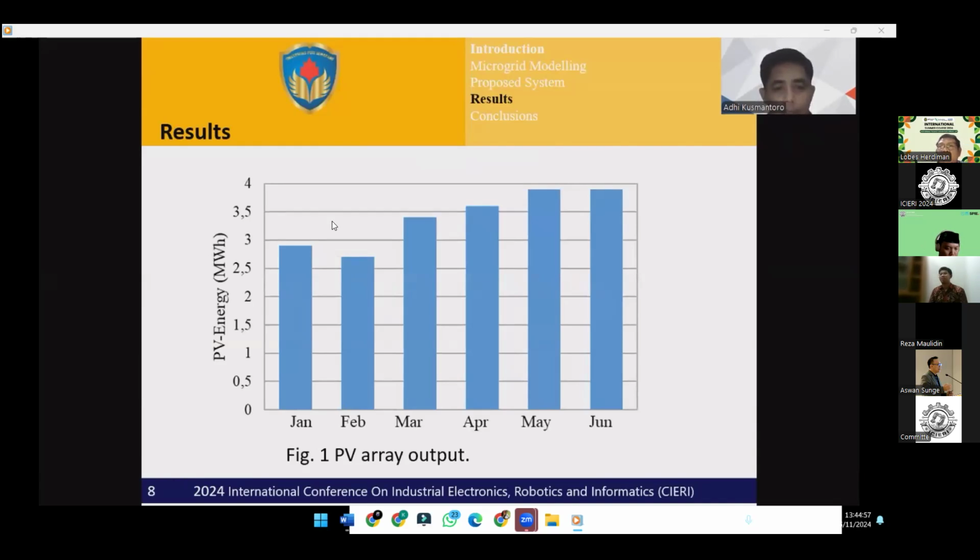This area has potential for solar irradiation of 4,955 kilowatt per square meter per day. Apart from that, according to the study, a 20 kilowatt peak array will produce 76 kilowatt hour per day of electrical energy, and a 15 kilowatt peak array will produce 57 kilowatt hour per day of electrical energy.